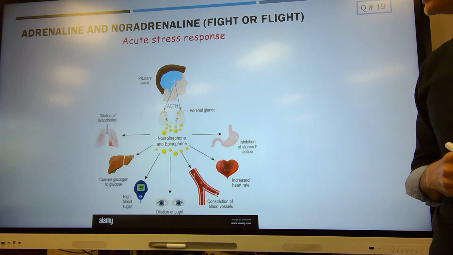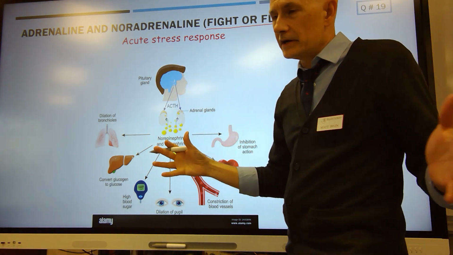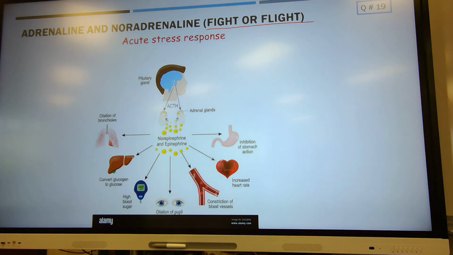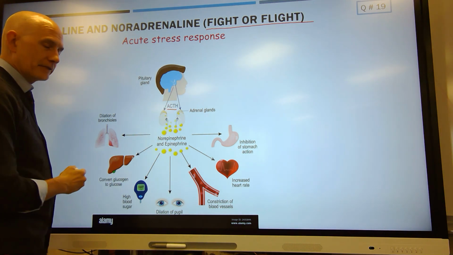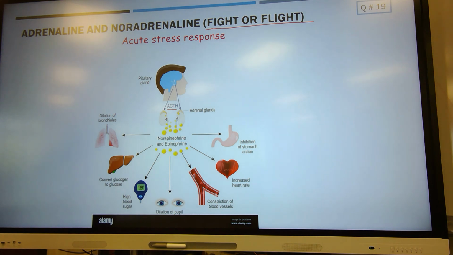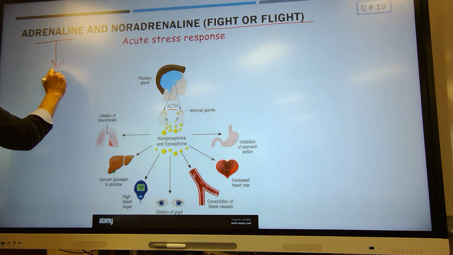All right, adrenaline and noradrenaline. This is your fight or flight response. So you get scared, there's a bear chasing you, you have to give a presentation, something. The pituitary gland is going to release adrenocorticotropic hormone that causes the release of the adrenaline. This opens up your breathing passages, so you can breathe easier and get that oxygen to your body. This is also why adrenaline, which is known as epinephrine,